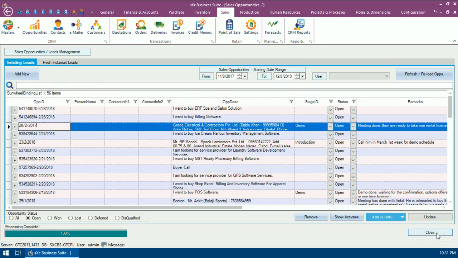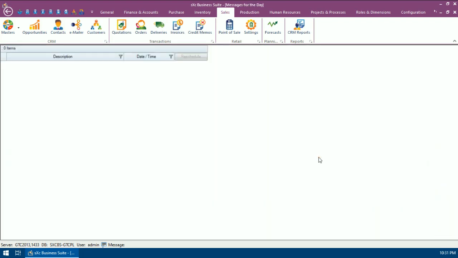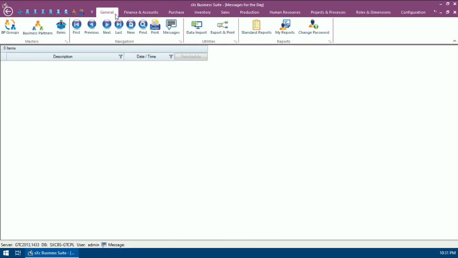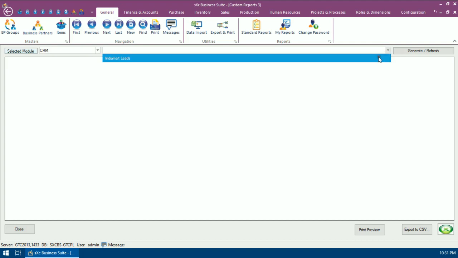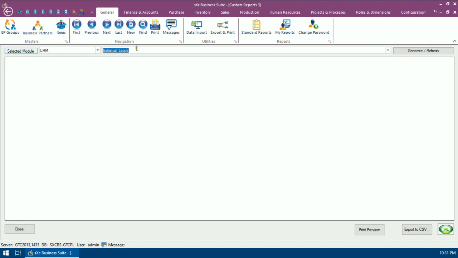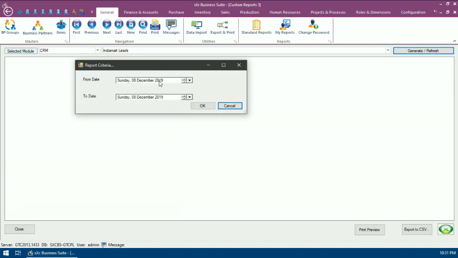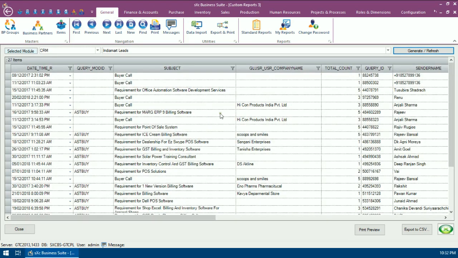And there is another query that we get, which is how do we export IndiaMart queries to Excel. So you can create a simple report or get it created from us and then give the rights to the right people. So then the person whom you give the rights to can actually pull out this report, and when you generate this, the system asks you what is the date range for which you want to pull out the data, and obviously you put the date range and the data is visible.